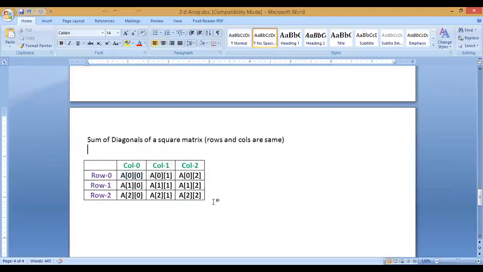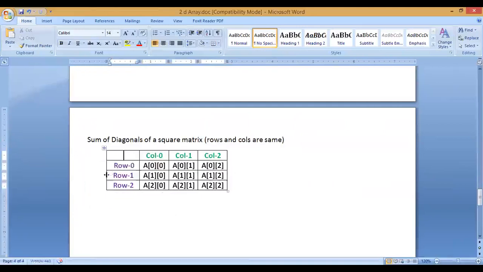Suppose I want to find the sum of all the elements. Then a simple for loop will run and we will add all the elements.